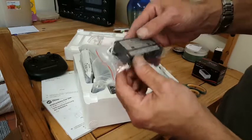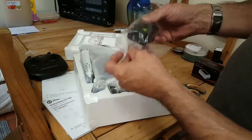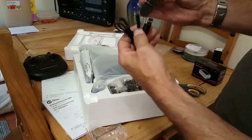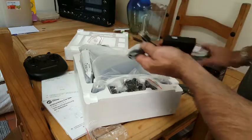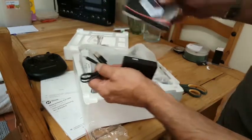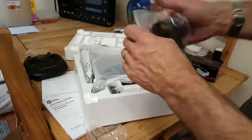7-hour charger. Well, if you're going to plug it into a USB socket, I'm guessing that's why it takes 7 hours, even on a USB 2, 3. Micro USB into there. And that's your battery out. This one has the same socket, and it's also got another socket for extra cells. So, hoping that'll do the trick. So, charger. And we have